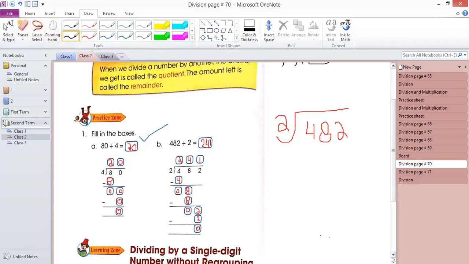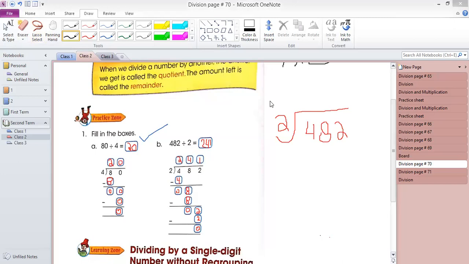Okay. So again, guys, the method is same. The steps are same which you have to follow. First, you have to divide 4 by 4. Then you have to divide 8 by 4. And then in the end, you have to divide 2 by 4. One by one, you have to divide. So tell me, guys, 4 divided by 4 is equal to? I am asking, 4 divided by 4 is equal to?